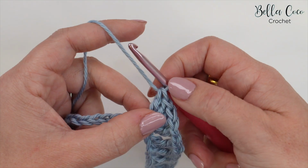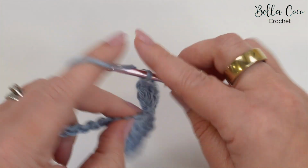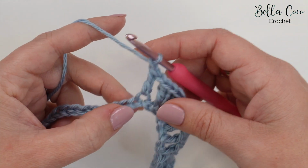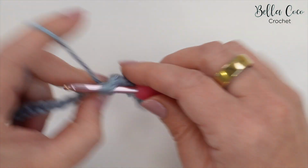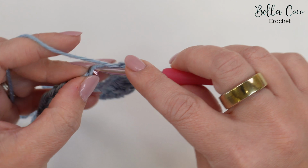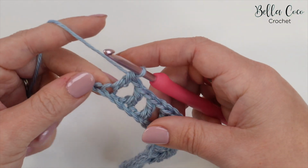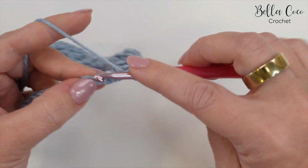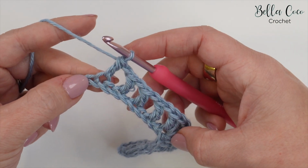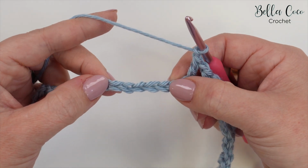We're then going to do chain 1, skip a chain, and treble 4 times again. So we're going to chain 1, miss a chain, and treble. That's 1, chain 1, miss a chain, treble. That's 2, chain 1, miss a chain, treble. That's 3, chain 1, miss a chain, treble. And that's 4. We're going to chain 1, miss a chain, and then we're going to treble crochet 5 stitches